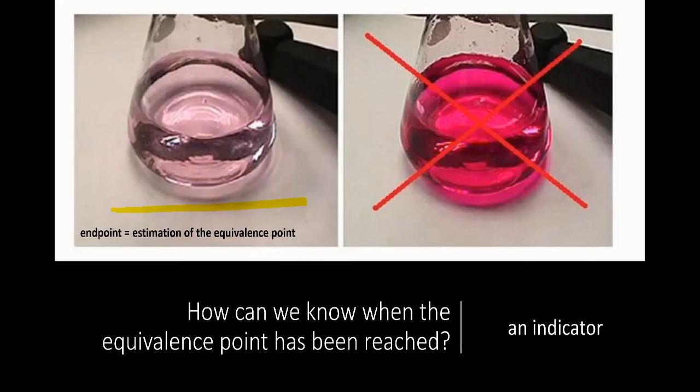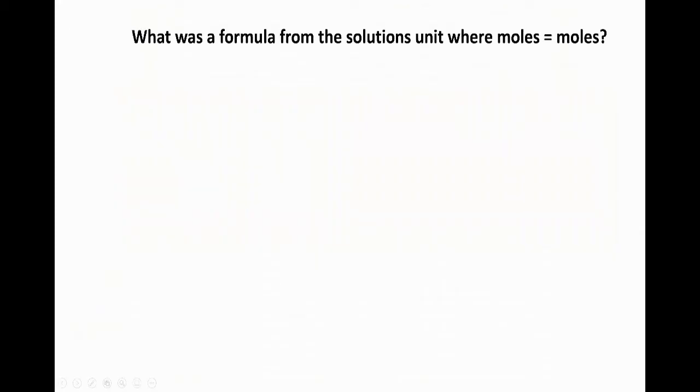Now, if you add too much base, your indicator is going to change to a bright, fuchsia pink, and that means that you have gone too far. You have overshot your equivalence point. Okay? All right. So now what we're going to do before we get you going on the lab is we're